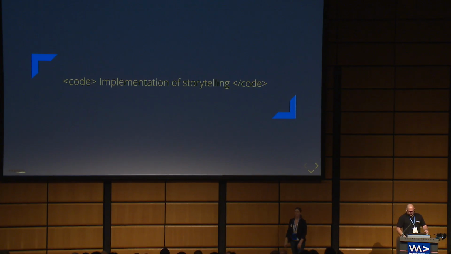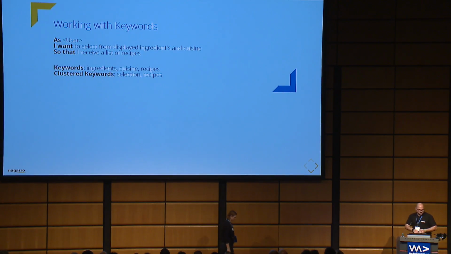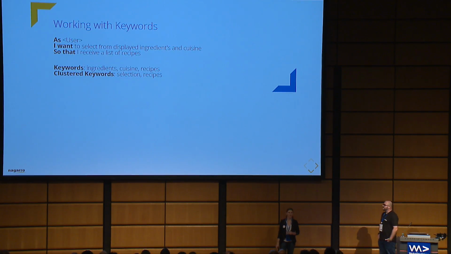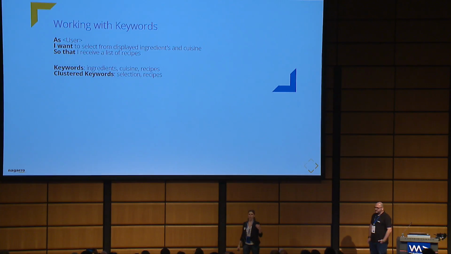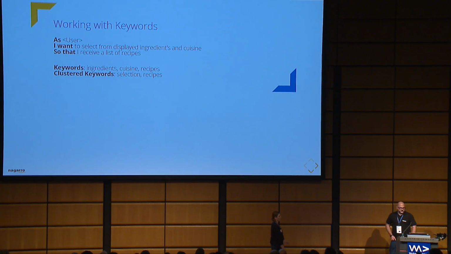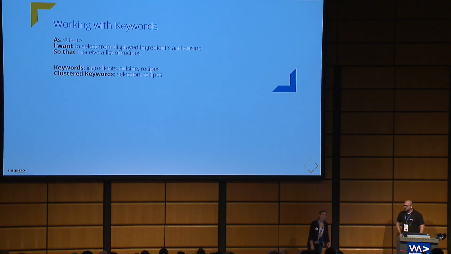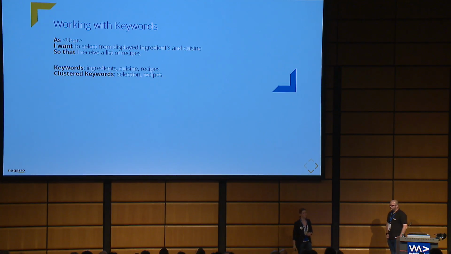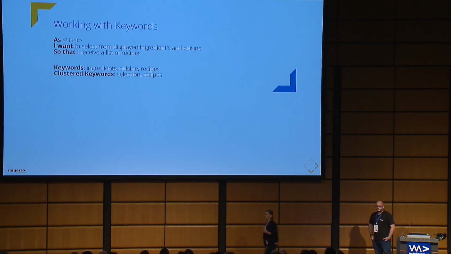Before we can think about the implementation of storytelling, we need to talk about keywords. The important thing when you start coding in a story is that you aim to structure your code so that nearly everybody who's looking at your code understands what is happening. That you can achieve by using a keyword. Of course, keyword is a very general term. So first we need to define, when we talk about keyword, what do we mean?